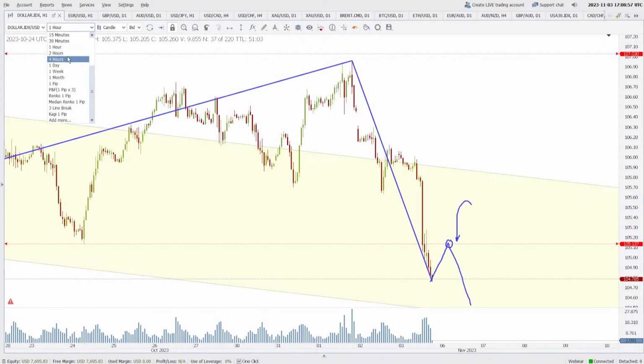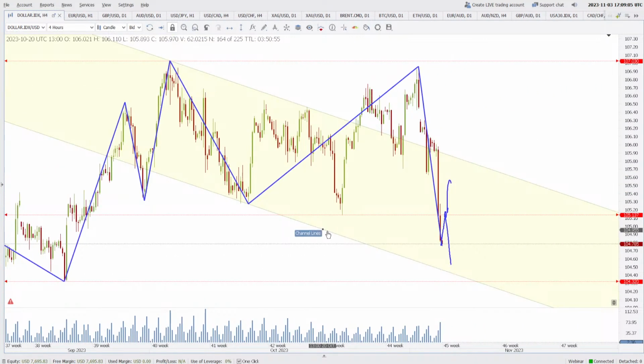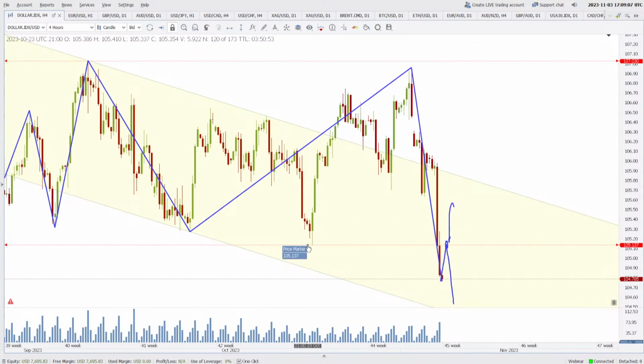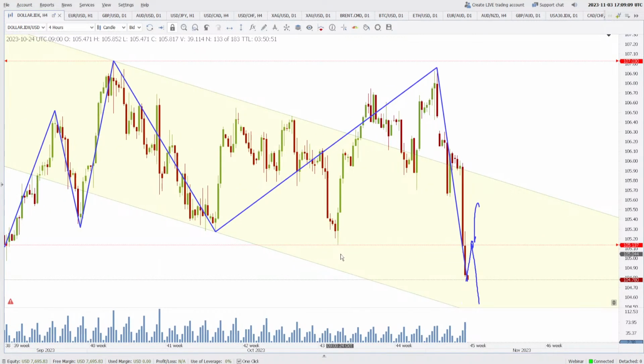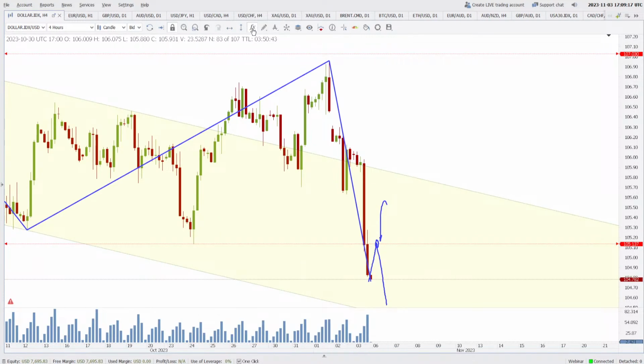If you go to 4 hours, you will see that this is not the only place where we can get the resistance. There are multiple places where we can get the resistance. This one is sure because this was the previous support. Okay, but look at these levels. These levels were also a previous good support, and if you extract Fibonacci from the place